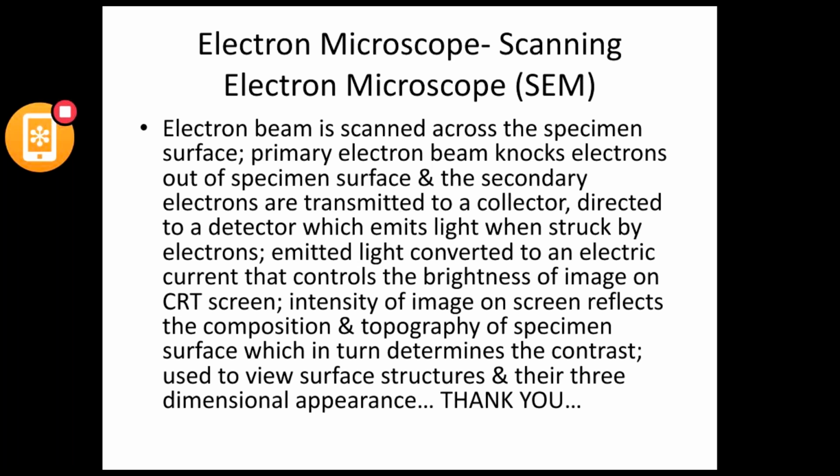Using transmission electron microscope, or TEM, we cannot get a 3-dimensional structure of the specimen. I hope all of you know what is 3-dimensional. It will be 2D in the case of transmission electron microscope. Whereas in scanning electron microscope, we can get a 3-dimensional image of the object, and a clear-cut idea about the composition of the specimen and topography, that means surface structures, how they are arranged. All those things we can obtain only from the scanning electron microscope.